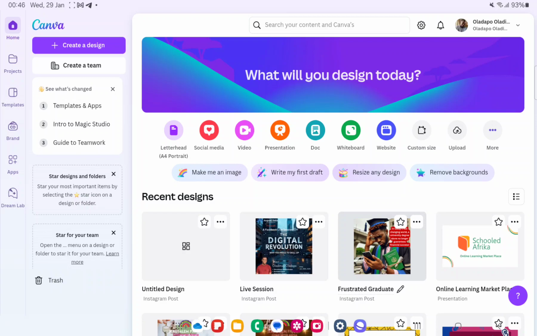Just follow the prompts, answer all of the questions, and at the end of the day, this is where it's going to bring you. This is the Canva dashboard. On the dashboard, you can see there are certain key sections here, like the home. We are at home already. The projects, the brand,